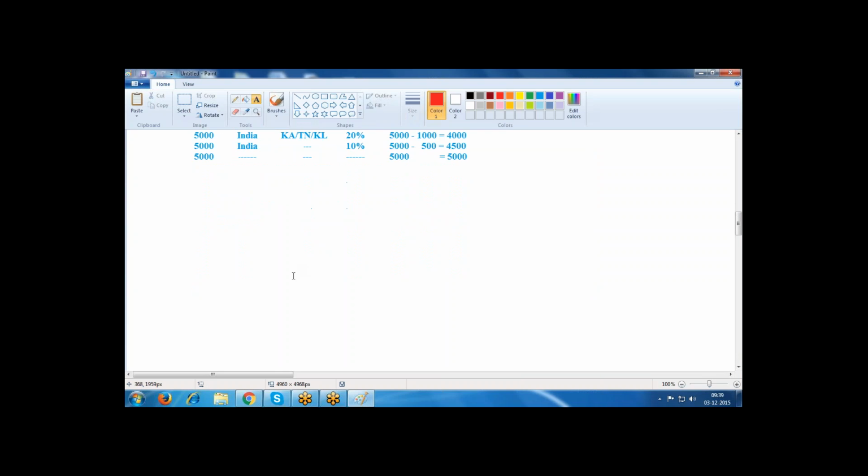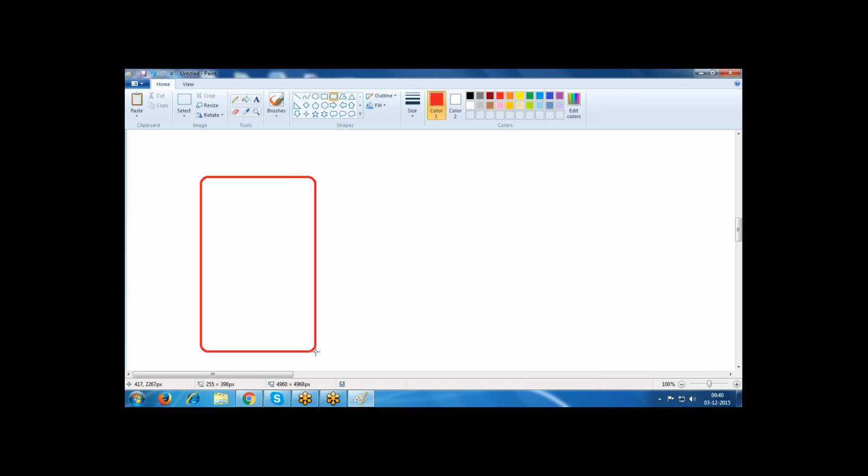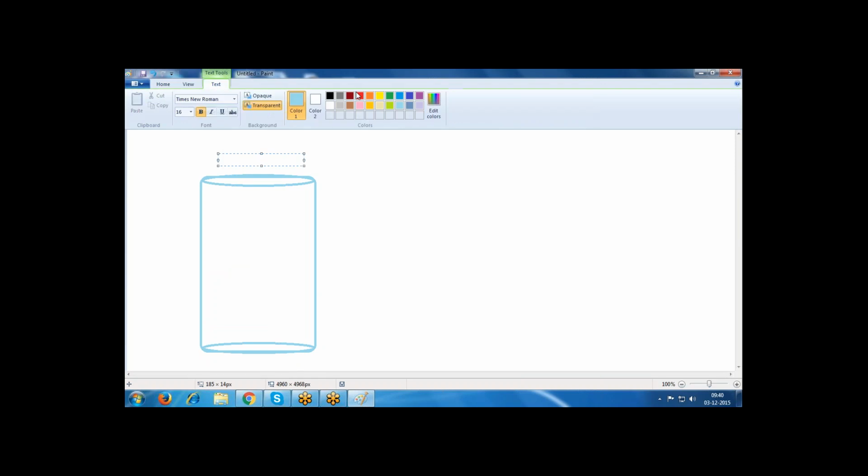Now like this, I have one database. In this database I have some records. In this database I have one account object. In the account object we have some records.